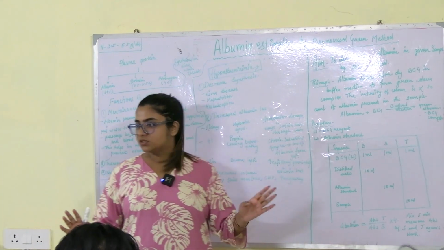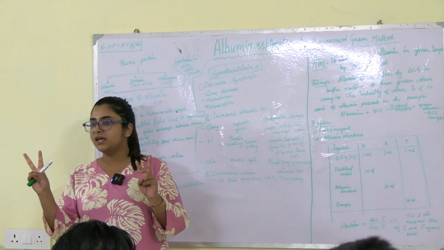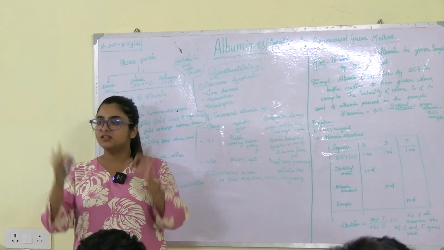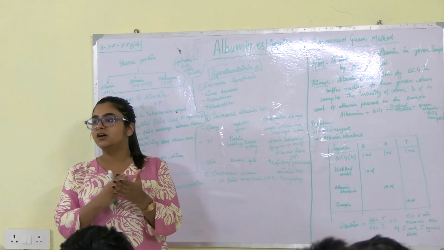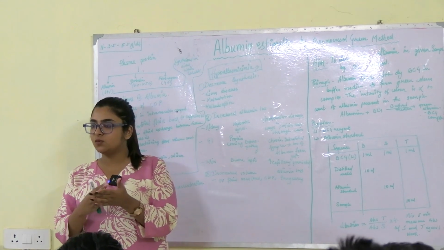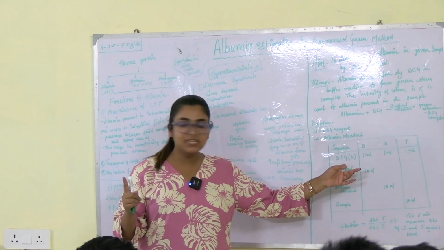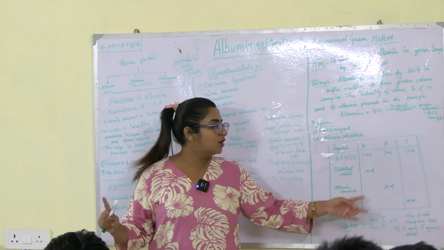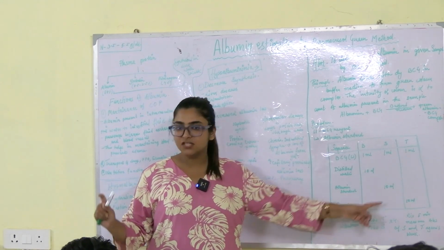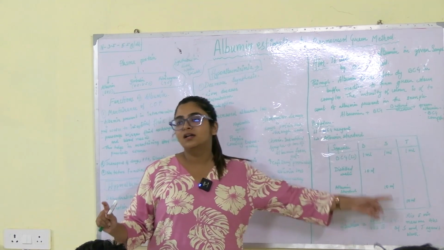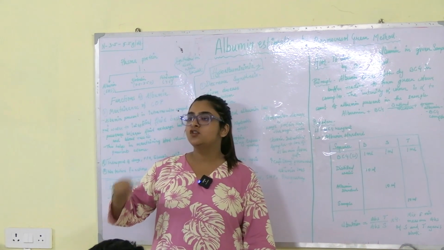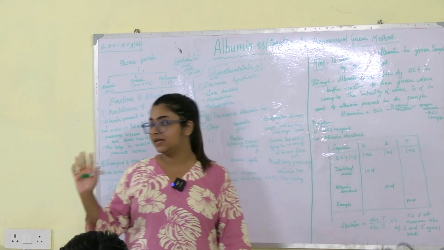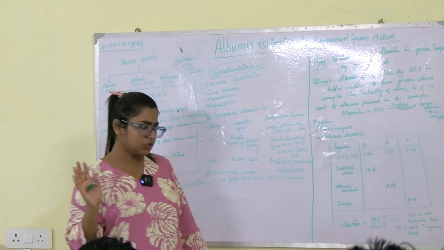Procedure is what? You will be given 2 reagents in the albumin kit, L1 and albumin standard. L1 is the buffer reagent. You will take 3 test tubes, blank, standard and test. 1 ml of BCG L1 reagent in all the 3 test tubes and 10 microliter of distilled water in the blank, 10 microliter of the albumin standard in the standard test tube and 10 microliter of the sample in the test tube. Okay, done. Now you have mixed it. You have waited for 5 minutes. Now you will measure the optical density in the colorimeter. Now what you will get? You will get a value.